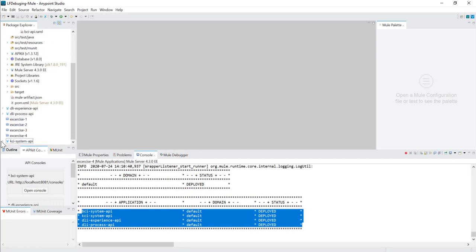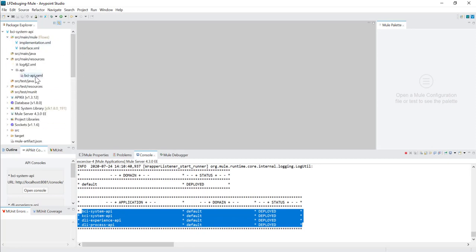Similarly, let's have a look into the KCI part. KCI also has its own interface and implementation, and the same applies for the process API and the experience API: interface and implementation.